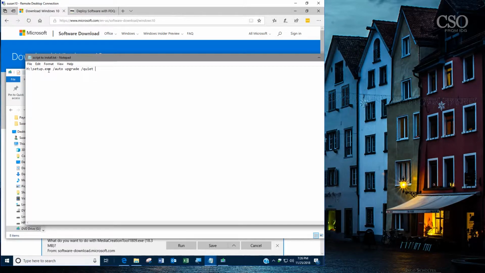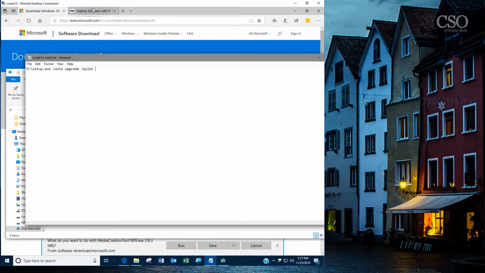The first one here is just how to set it up so that it will install with what's called a quiet installation. That when the user comes back in the next morning, they won't have to do anything, they won't have to wait, they won't see that lovely "please wait, I'm getting finished." It will actually complete the installation process.